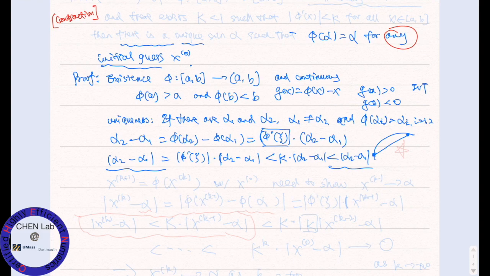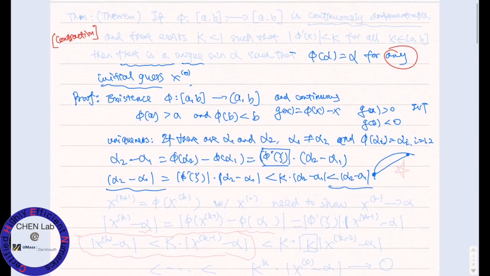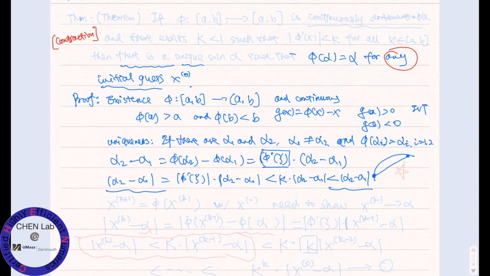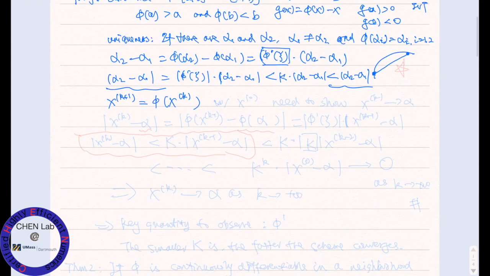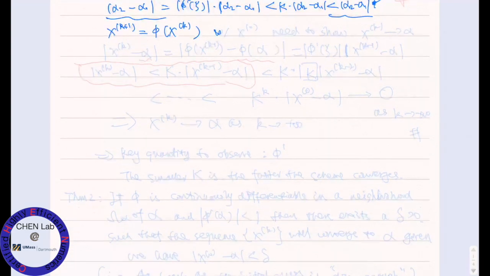So today let's first finish this theorem. I copied what we have from last class. So let's review first. The third part is that phi of x_k plus 1 is phi of x_k as you do this, with the initial guess x0. We need to show that